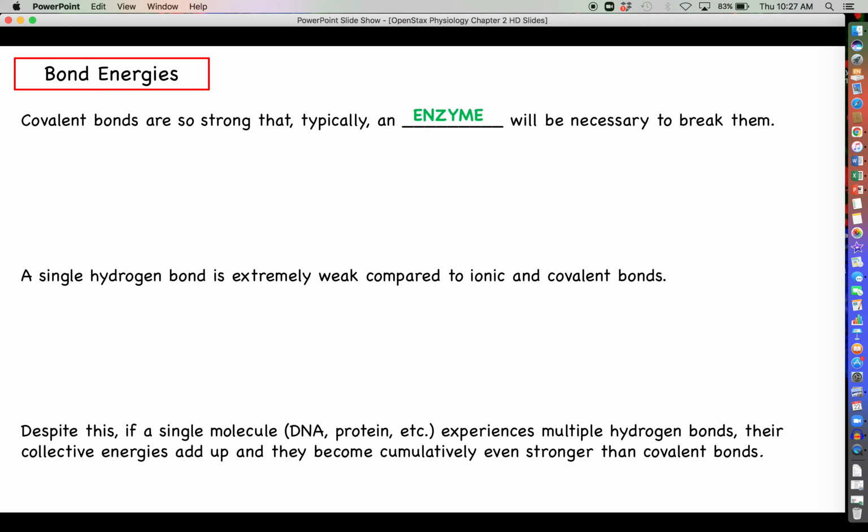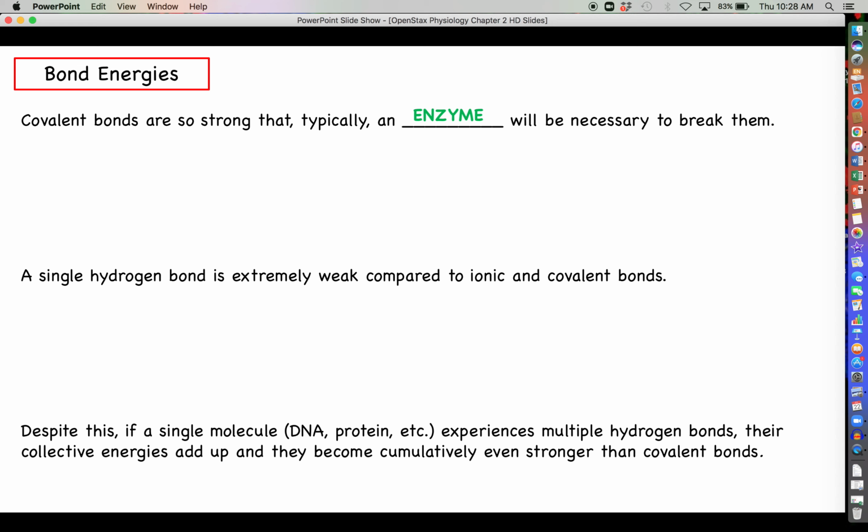You just saw an example of this in looking at a pot of water. We have to apply a lot of heat energy to the water to break every single hydrogen bond in that pot of water. You're not talking about breaking one hydrogen bond in that case. You're talking about breaking billions and trillions and gazillions of hydrogen bonds. It takes hardly any energy to break one hydrogen bond, but it takes a ton of energy to break a whole bunch of them all at once.